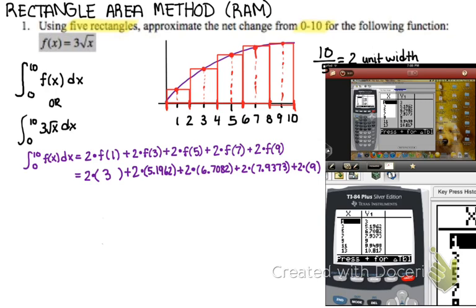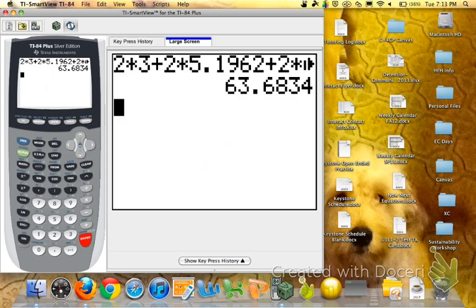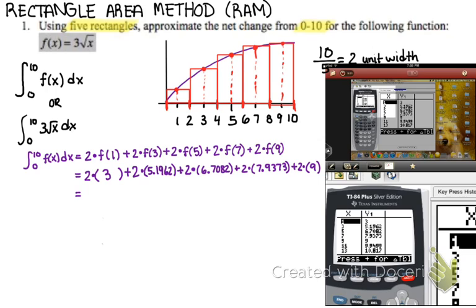Okay, and I'm back. And I have my total here on my calculator. If you look after I've entered this whole product, I get 63.6834. And that is my final answer. What this represents, again, is the approximate area in square units underneath my graph here based on these 5 rectangles. So what I've done is I've found the area of each individual rectangle in each of the products, the base times height, and then I've added them together to get a total area of